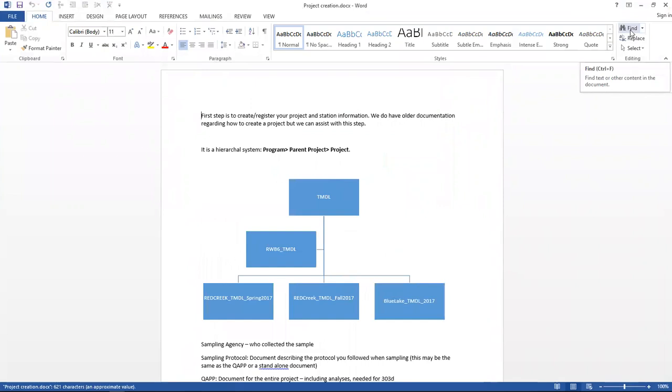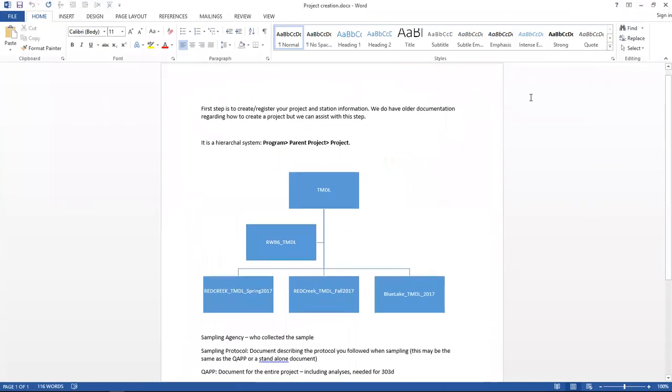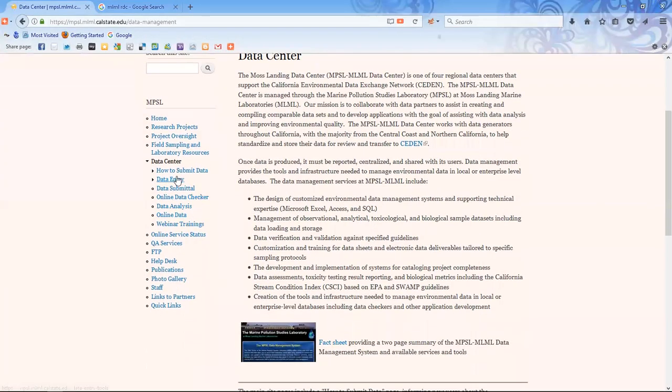So, upon the initial contact portion, when you're ready, you've gone out and collected data, or you're planning on going out to collect data and you want to submit your data to CEDEN. There are some first steps that should be taken to help with the process, and that step is to register your project. As I mentioned here,